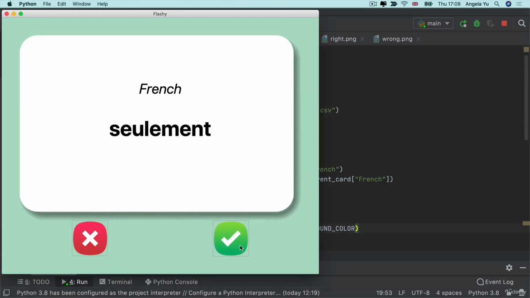There you have it. We've now managed to read from the CSV, get a dictionary of all the records in the CSV, and to randomly get the French word showing up in our flashcard. Our flashcard currently doesn't actually flash. It doesn't change, right? We need a way for us to be able to set some sort of a timer,